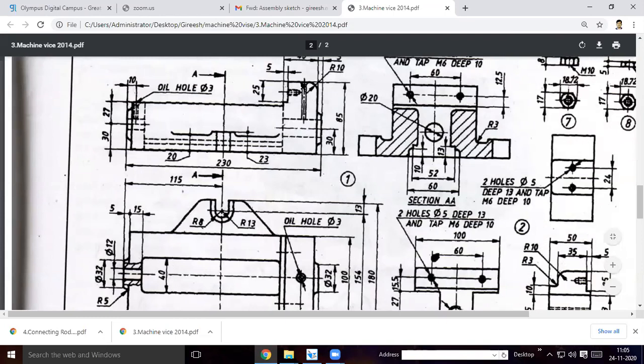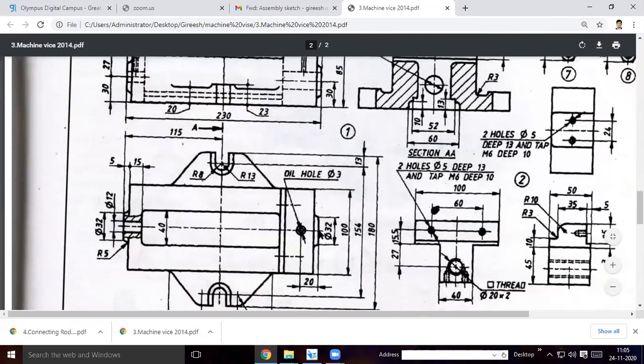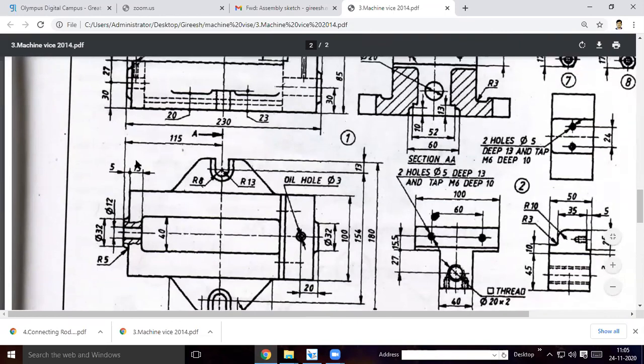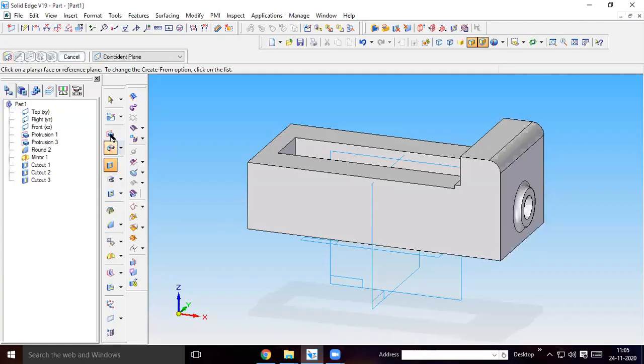In order to act as a reservoir, a countersink is given on the top. This countersink oil hole will be 20 mm from the end. Here, this oil hole will be 10 mm from the end. We'll do it in the exam. Even if you do not do it, no problem.